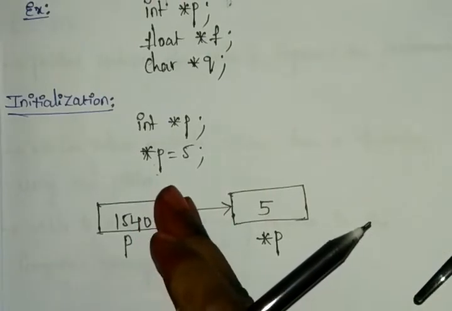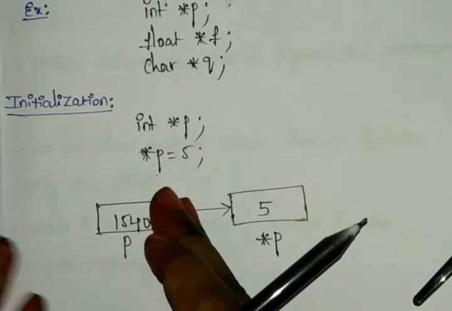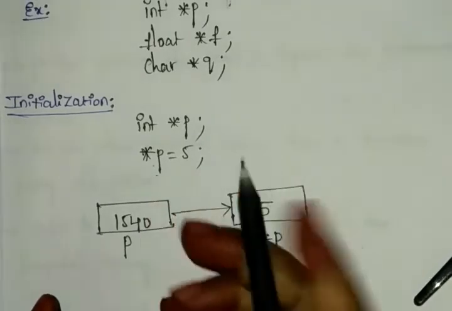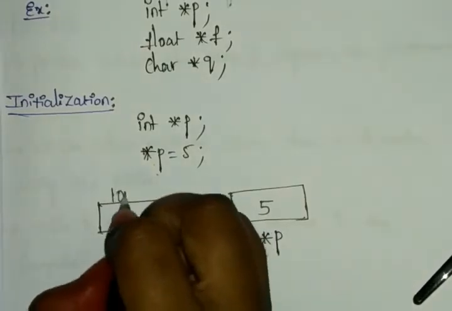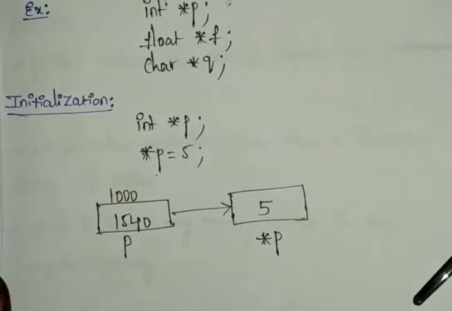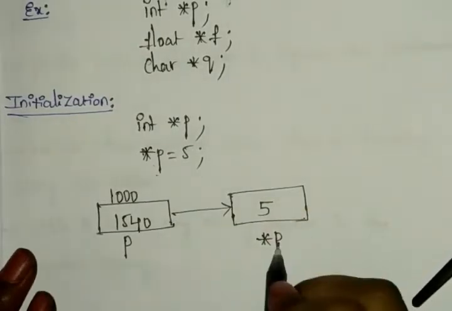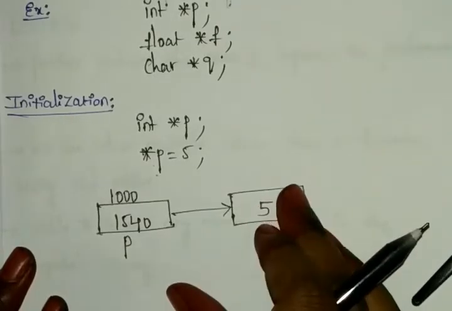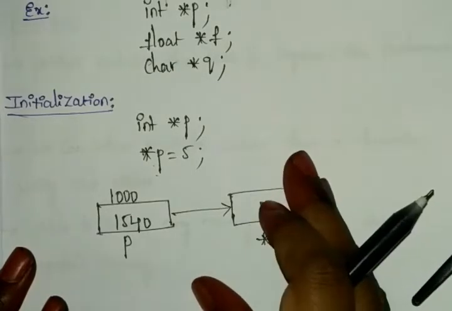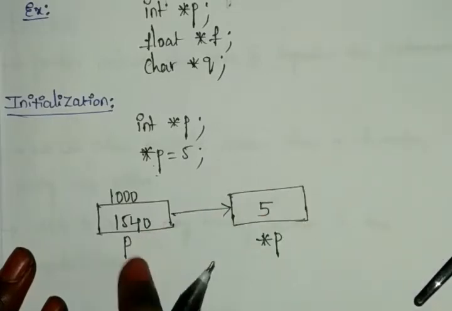And now you can see p is also taking the address of another variable, right? So here I'm choosing the address of the p variable for my assumption. That is 1000. I am choosing the address of the p variable as 1000, and you can see the pointer p takes another variable's address only, right? So what will it be having now? It will be having the address of the variable p.